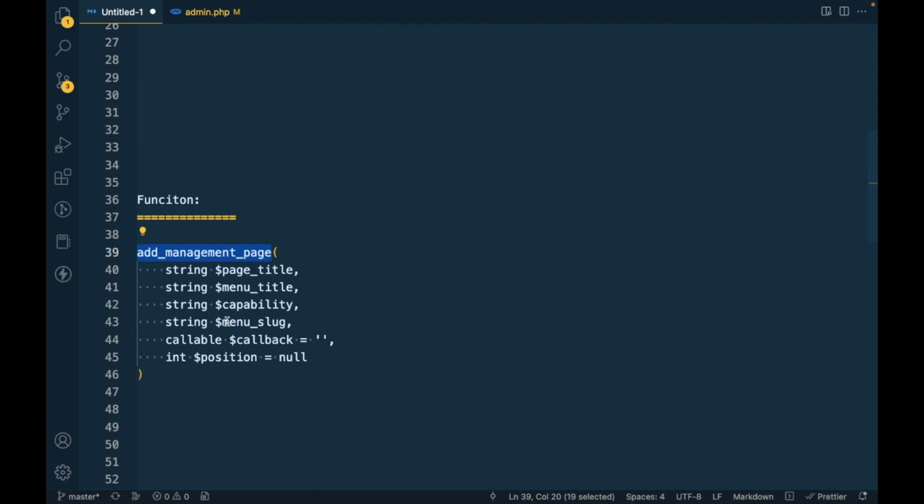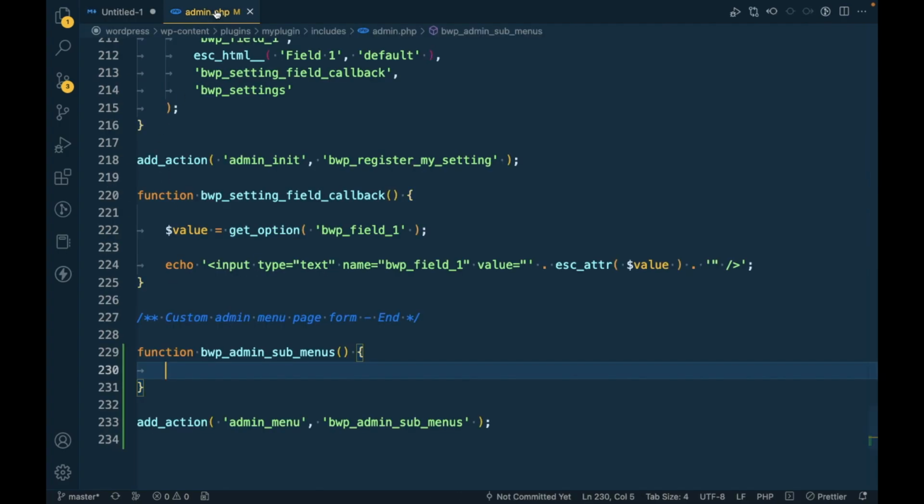So now let's try to add this function add_management_page,